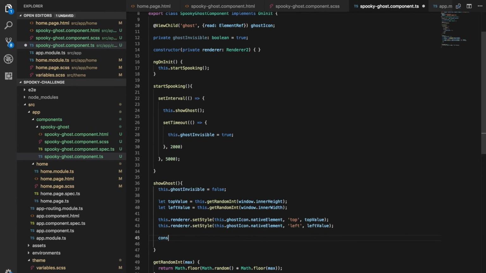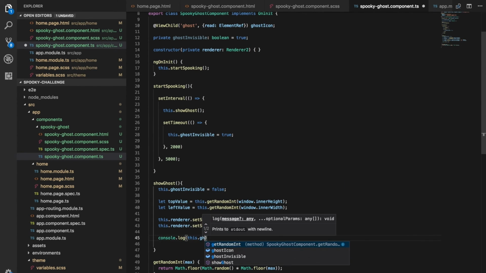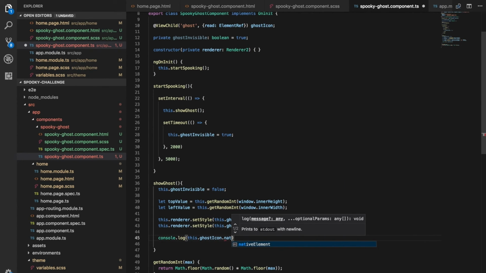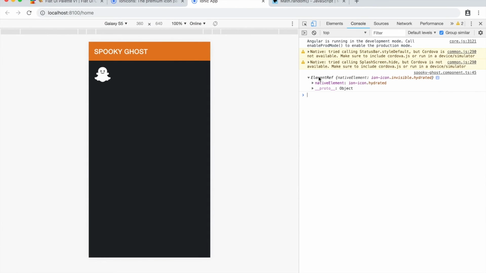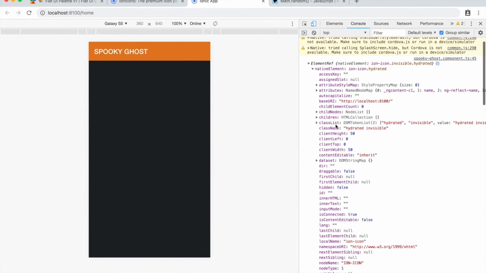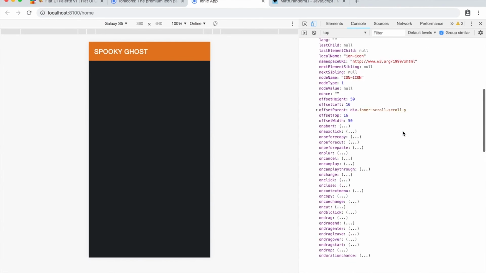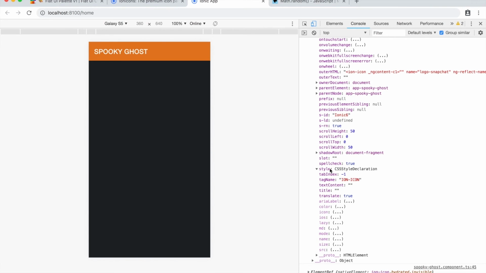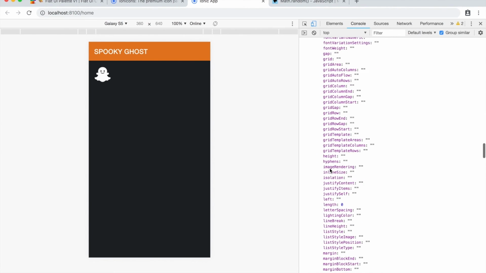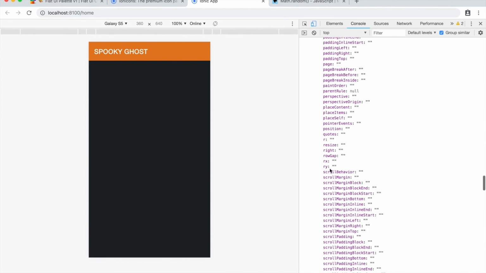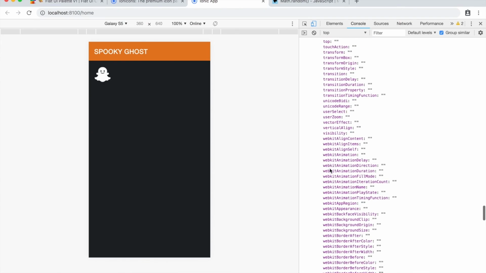So we'll log out this ghost icon every time, and we're gonna manually check those values. So we're gonna have to log out just the icon, not the element. Okay, so we had the native element here. We want the style, there it is. And then the top and the left values. So I'm expecting,